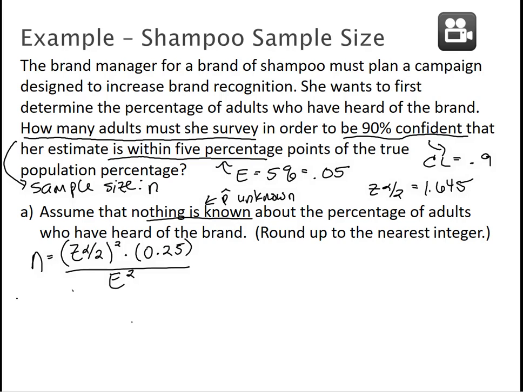Okay, so now I just fill in the information. My z alpha over 2 I said was 1.645 for a 95% confidence level. So that is 1.645 squared times 0.25, and then divided by e, which is 0.05, and then squared. Okay, so when I plug that in the calculator, I get